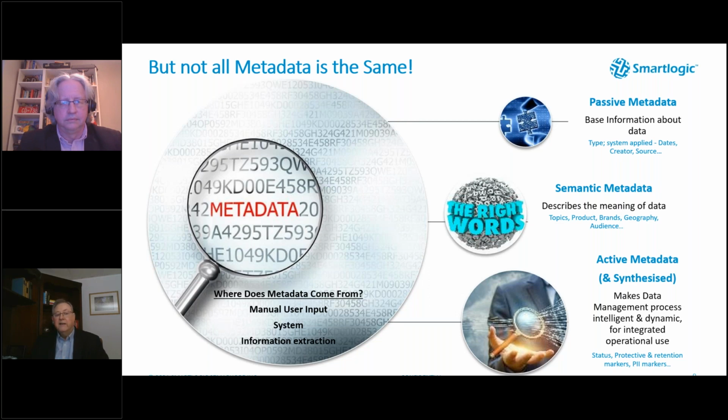There are different sources of it. It can be already in your system. It can be put in by users. It can, in fact, be extracted contextually from documents, or in some cases, actually synthesized. Going down the list, in the order that most people think about it, is first